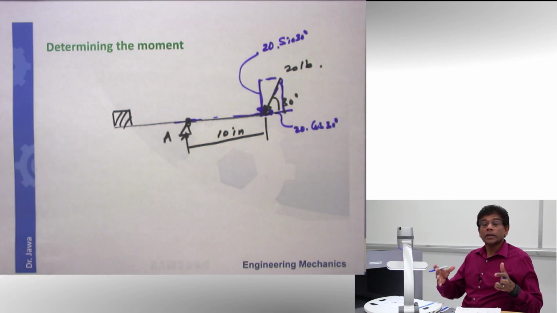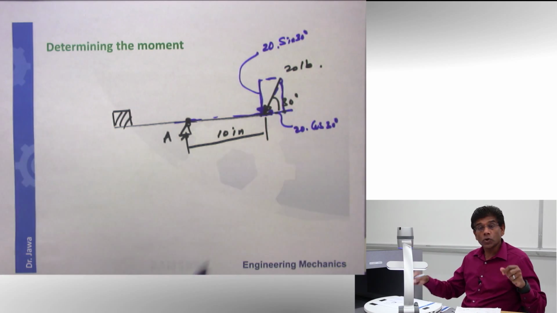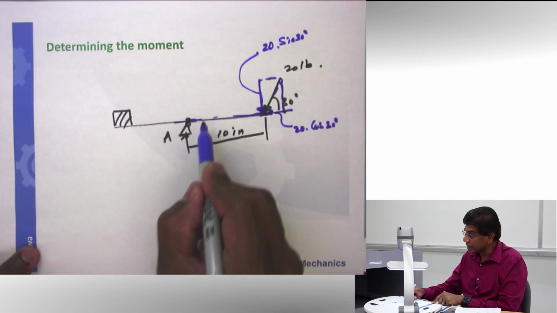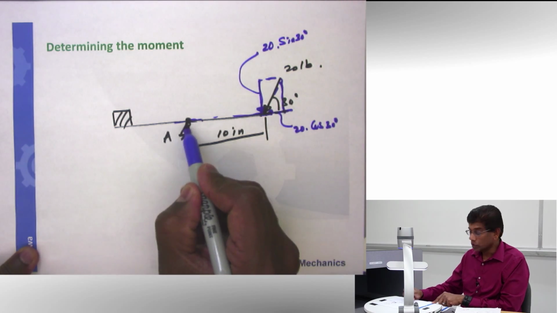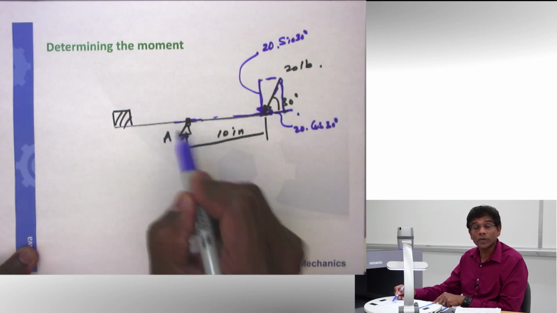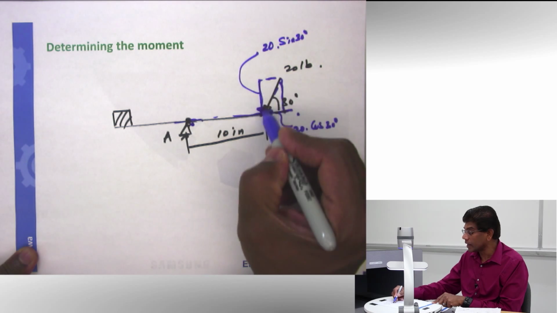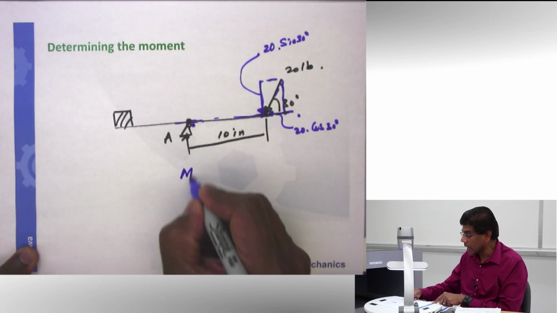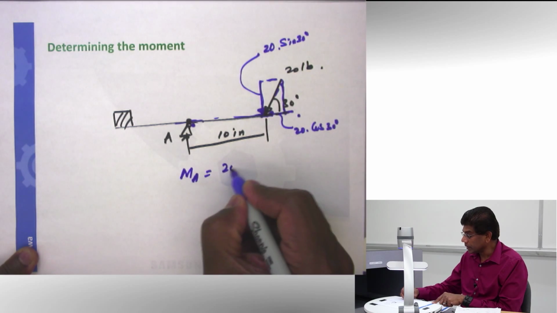Remember, moment is equal to force times perpendicular distance. But there is no perpendicular distance in this particular case, and therefore this x component of this force will give you zero moment. So the moment in this particular case is going to be created by this perpendicular force, and that moment is equal to 20 sine 30,